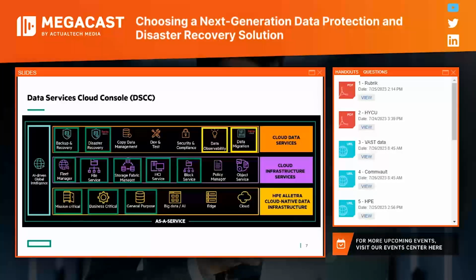Then once the hardware is enabled with the infrastructure services, you're going to do something with your data. You're going to store it, move it, modify it, analyze it, and importantly, protect it. So backup and recovery, again, is in the top left. Right next to that is GreenLake for Disaster Recovery, and you can see the Zerto logo there. That's Zerto on our GreenLake Cloud Platform. So that's the GreenLake Cloud Platform.